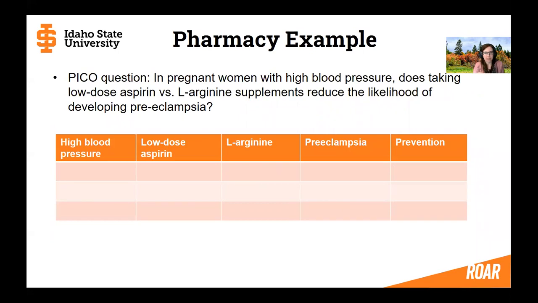Let's take a look at a pharmacy example. So this PICO question is, in pregnant women with high blood pressure, does taking low-dose aspirin versus L-arginine supplements reduce the likelihood of developing preeclampsia? Now, we again have 5 searchable concepts. We have the patient's issue, high blood pressure, the intervention and the comparison, aspirin versus arginine, and we're interested in